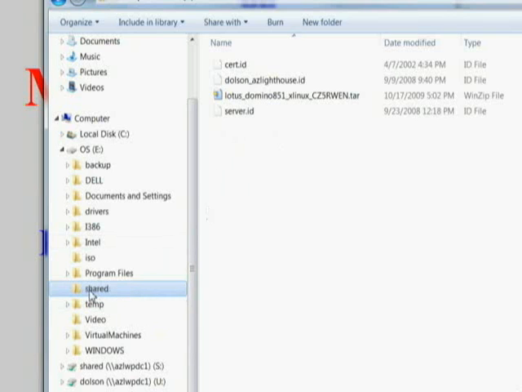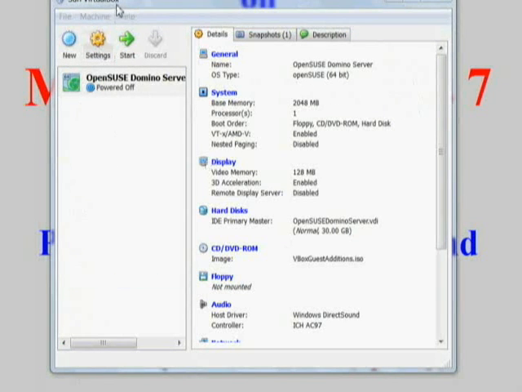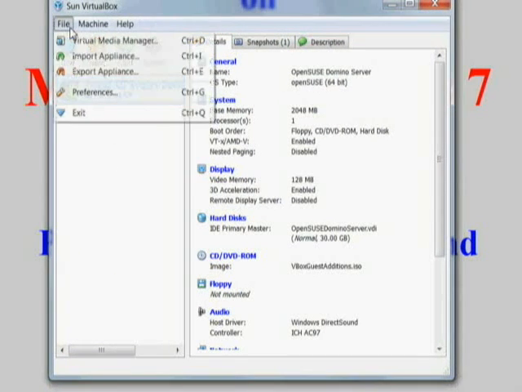This shared folder is not accessible outside of my local machine. It's not shared on the network as a shared network resource, but what I want to do is share it within the virtual machine. So I'm going to come here and go to my Sun VirtualBox, and I'm going to go to my Virtual Media Manager,